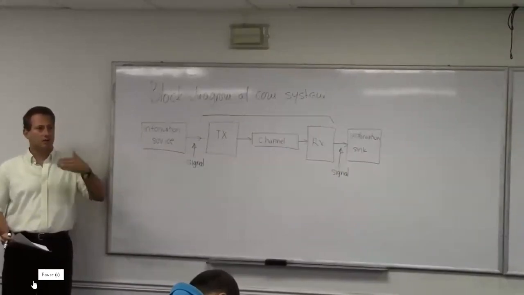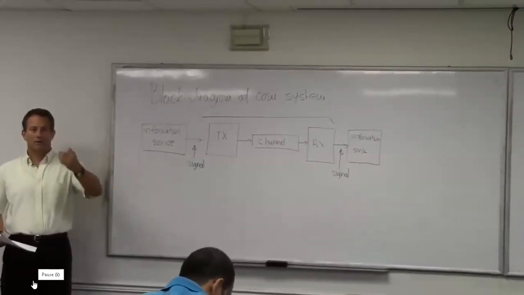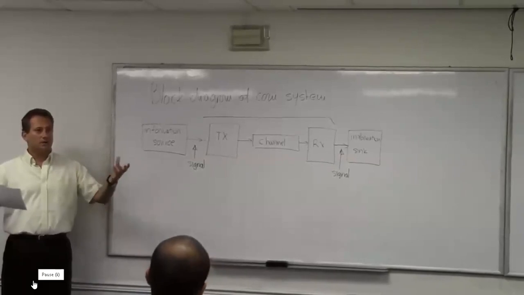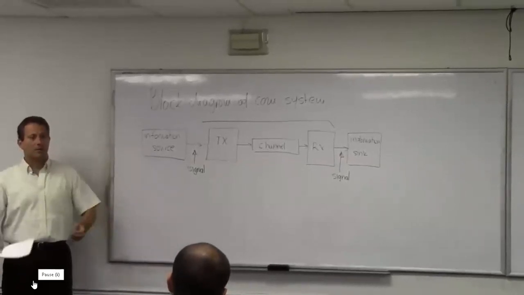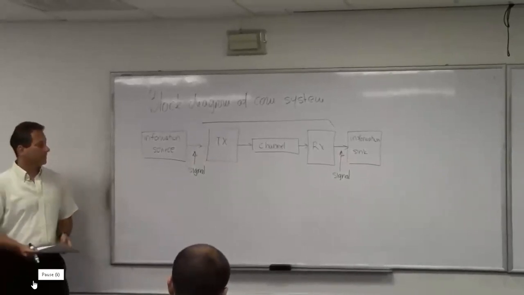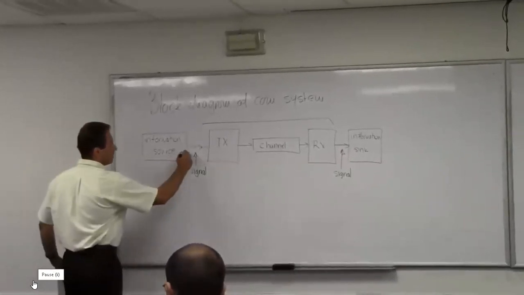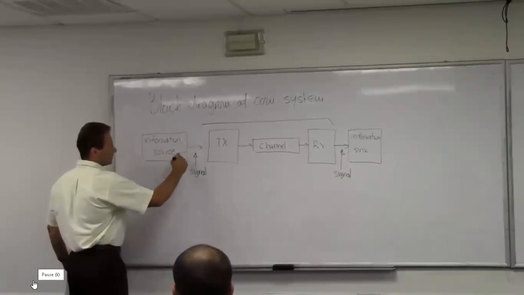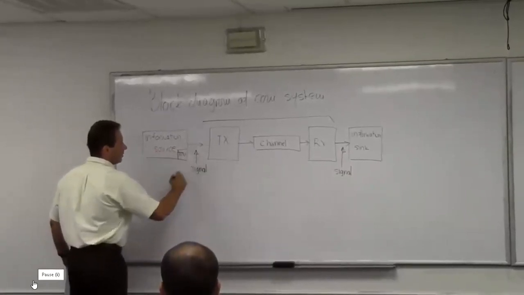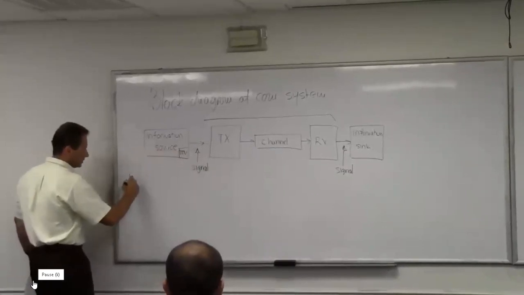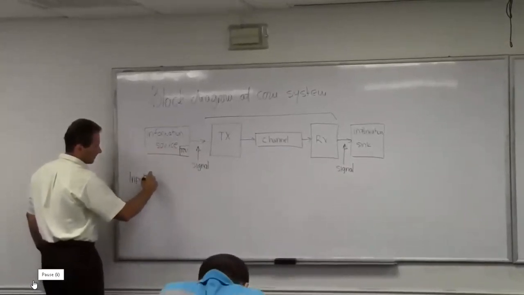When I speak, it's an acoustic wave. When we're being filmed, that's a moving image that needs to be somehow captured and translated into a signal. So a big part of information processing here is what we call transducers. So there's an input transducer